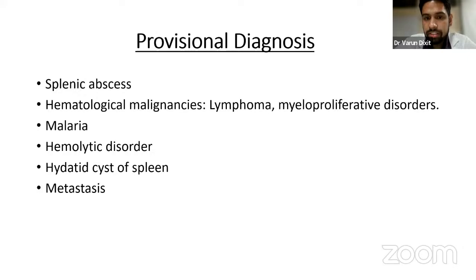Pallor was present first of all, and splenomegaly. On those bases, and fever was present. Was she very pale, or just mildly? If a patient is very anemic, you can make out that she's very anemic. I could appreciate it on examining the palpebral conjunctiva, but she also had a history of malaise and fatigue.